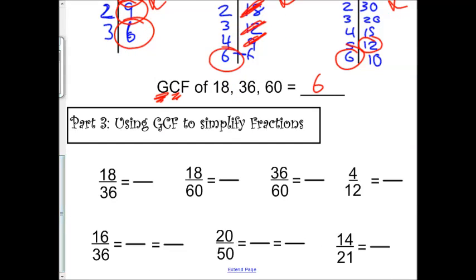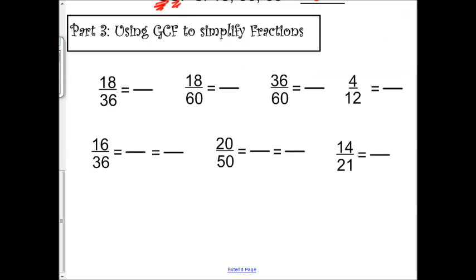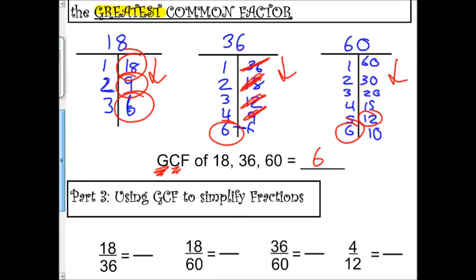All right, part 3. Now what we're going to do is use greatest common factor to simplify fractions, just like we used least common multiple to find our common denominators. This also has a really important purpose. So here we go. Again, we're going to look at 18 and 36. Now we already know from up here